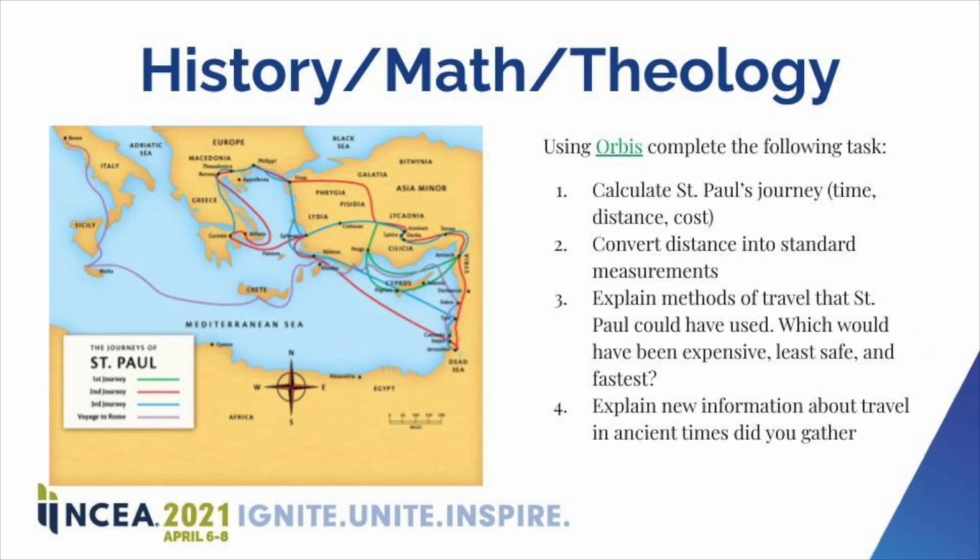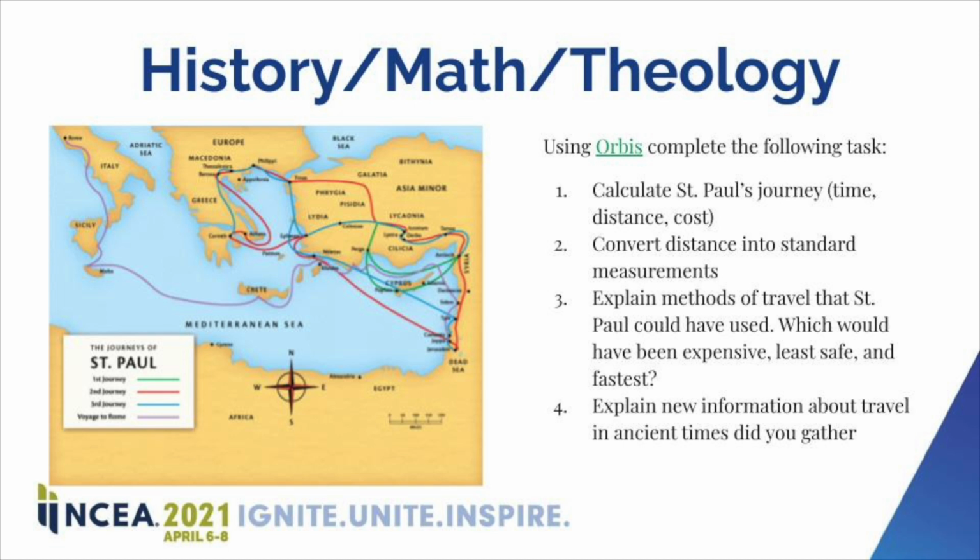This is a great activity that I've actually used in the classroom, and it combined many subject areas. So I had to make sure the age group was appropriate for this question. This goes for history, math, and theology, and we use the Orbis, and everything is hyperlinked within our presentation, so please feel free to use any of these resources. But we took St. Paul's journey. Calculate, and this is where Orbis comes into hand, the distance, the cost, the time it would take to complete